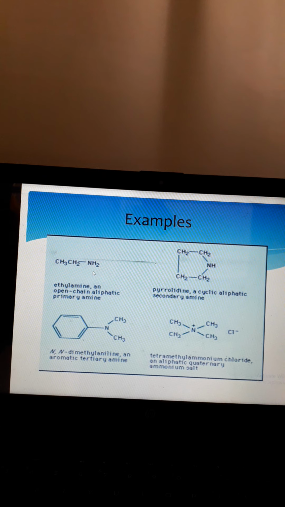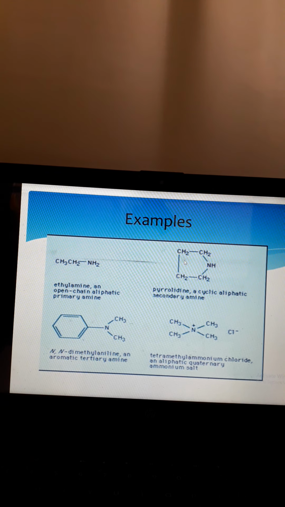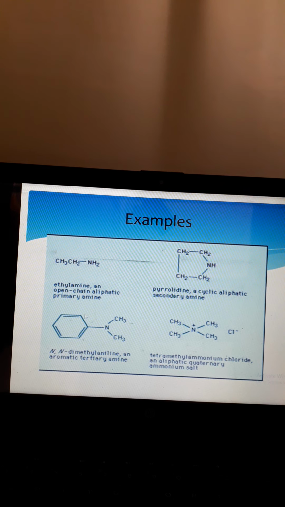In the very first step we get the primary amine. Second step, if the reaction is carried out, we get secondary amine. And if secondary amine is again treated with ammonia, we get tertiary amine. And if the reaction of this tertiary amine is carried out further, we get the quaternary ammonium salt.